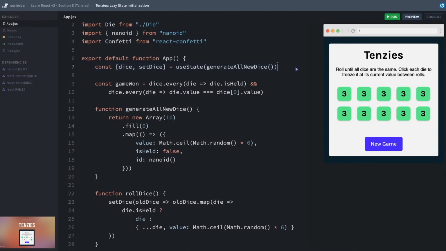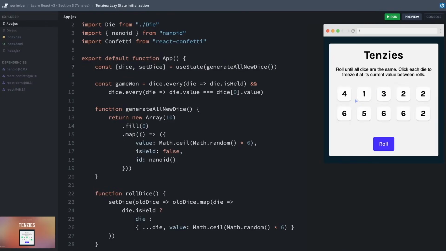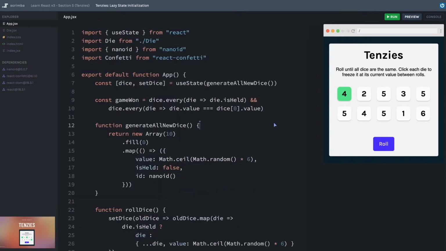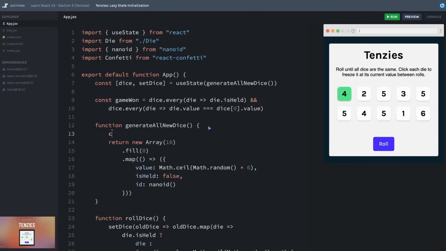behind the scenes. Well, let's remember that every time we make any kind of state change in our app, like when we click a button to hold it or click the roll button, we are changing state in our component, which means that React is going to rerun all of the code inside of this function. And part of running this whole function includes calling this generate all new dice function. Because React is handling the state behind the scenes, it's not going to update the state per se just because we called this. But it really is calling this function on every state change, and I can demonstrate that by